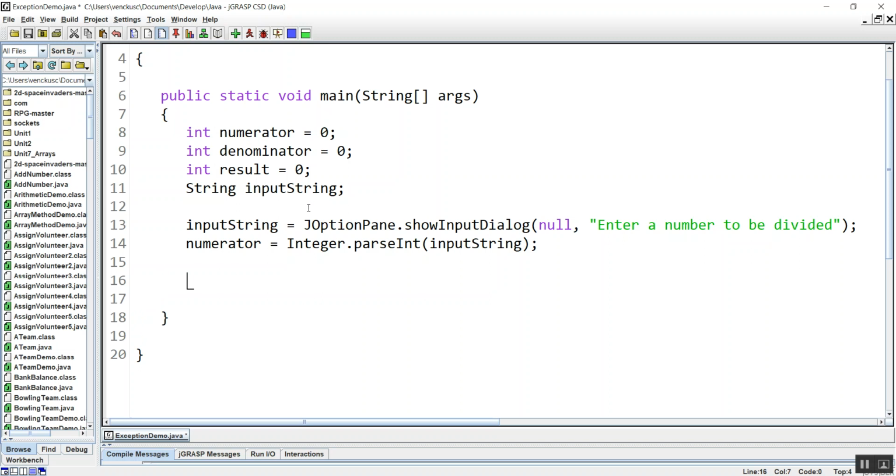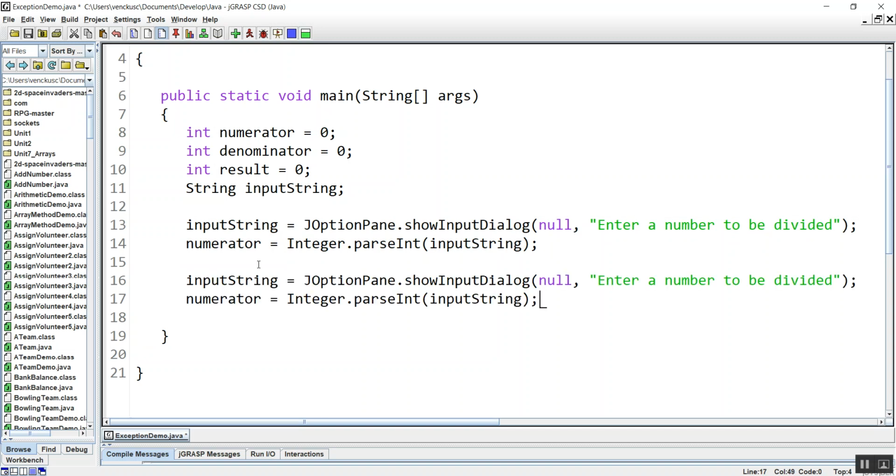Now we're going to do the denominator, right? Well, I am not going to just type that whole thing. I'm going to copy and paste. Just remember, one of the biggest issues with copy and paste is you always forget to change stuff. So this one is enter a number